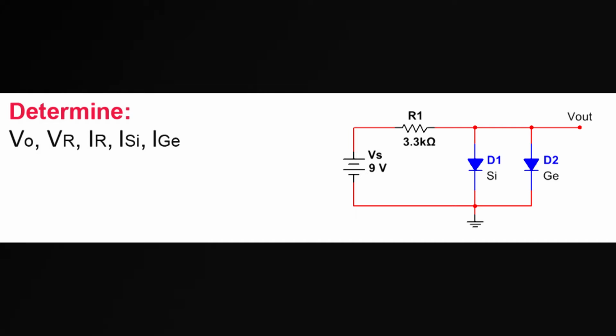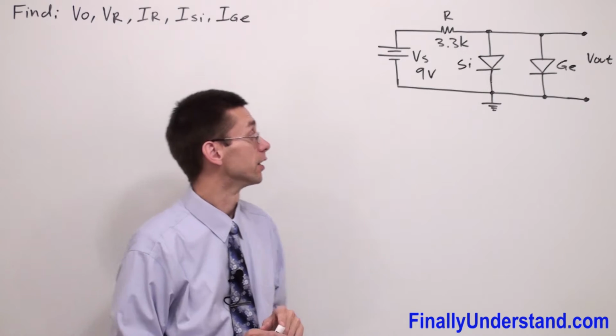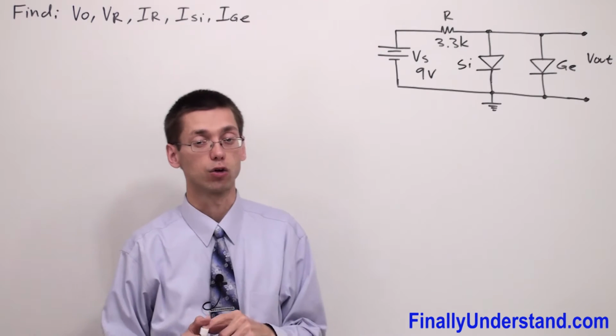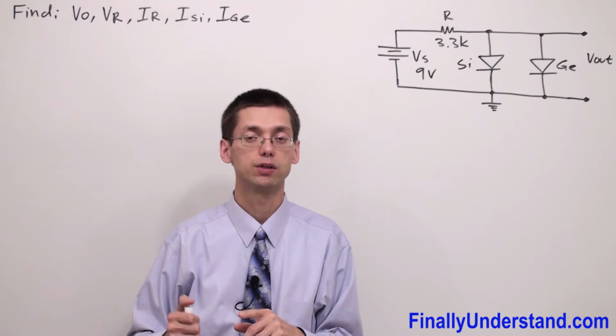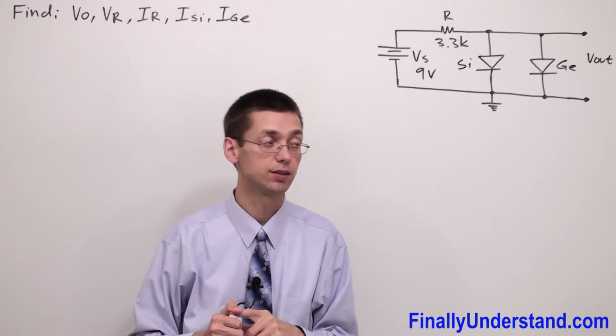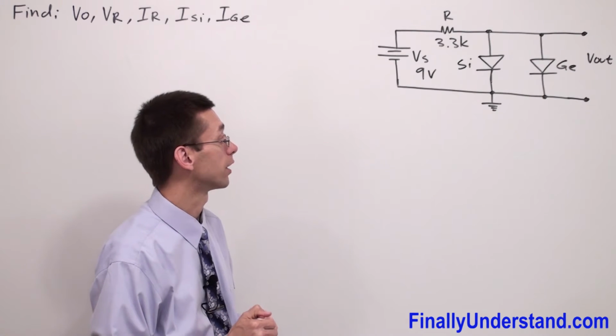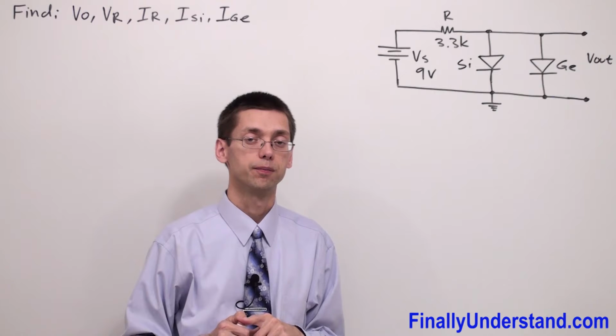Let's take a look at this example. Please realize that we have two different diodes connected in parallel. We have silicon and germanium. Anytime you have a problem like this, with two different diodes connected in parallel, you're supposed to remember that the current is a very lazy guy and is always going to take the easier way to